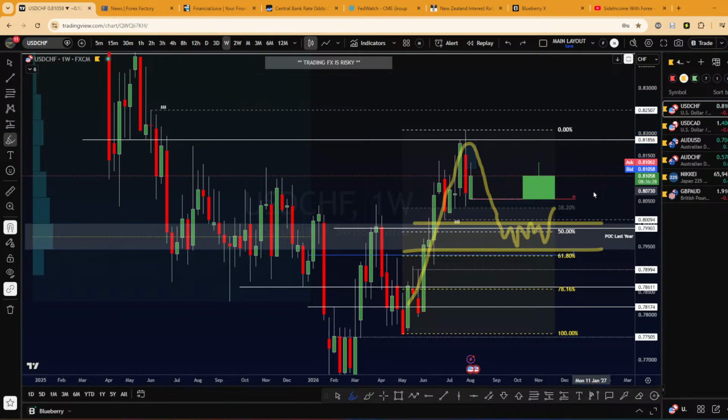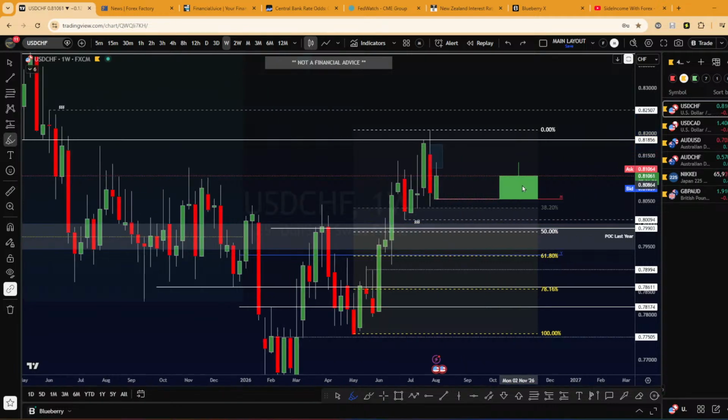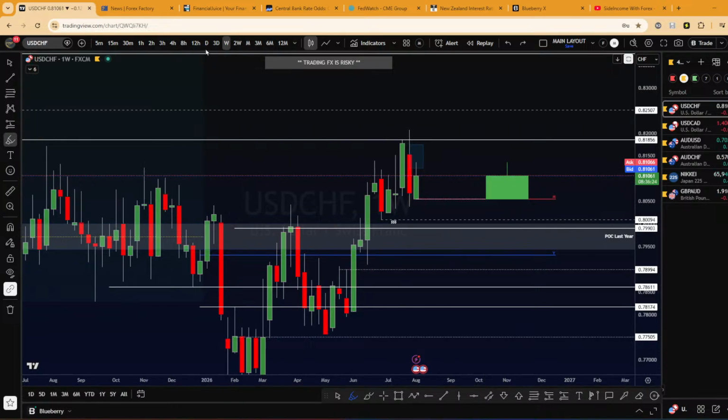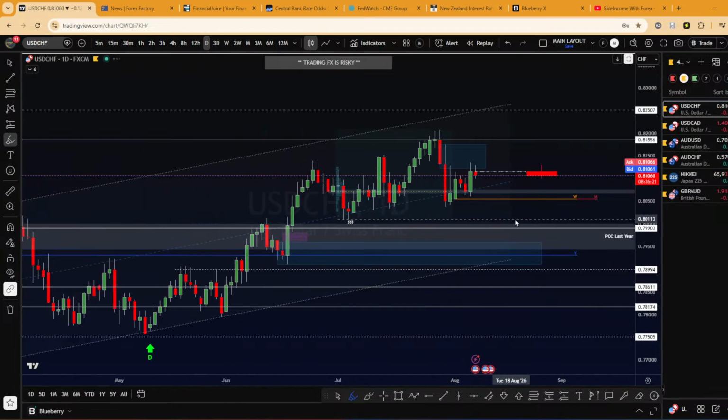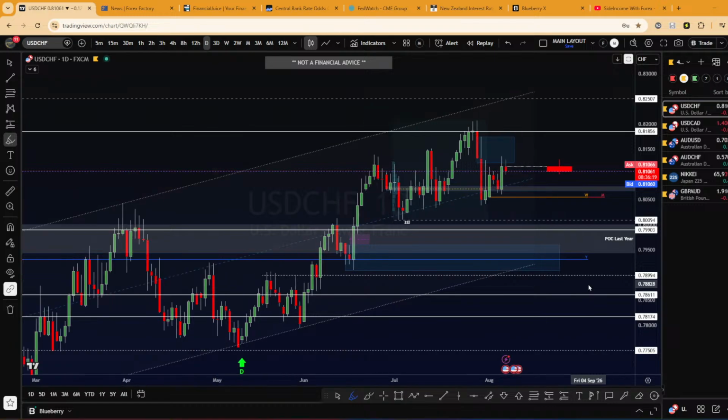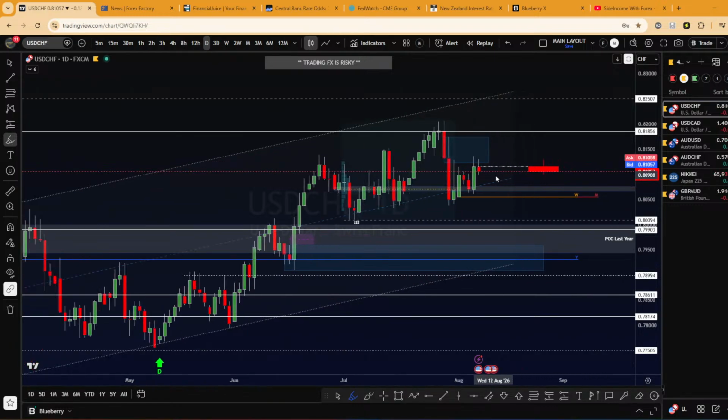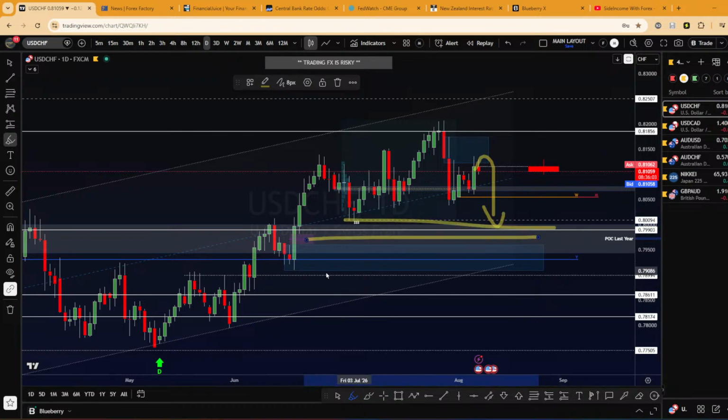So the long-term scenario will be waiting for price to retest this zone before continuation to the upside, because long term I'm bullish on USD/CHF. But this will be very interesting after the NFP release. Imagine, for example, we get a weak NFP. This could potentially lead to weakness on the dollar, and we could see some sort of drop first, targeting even this demand zone by the end of this week and maybe next week.